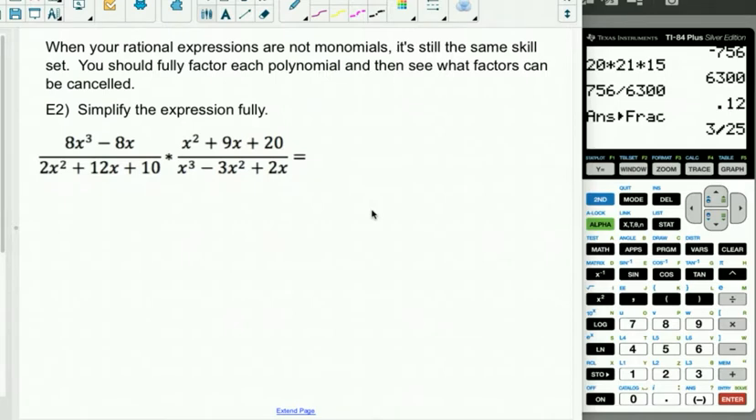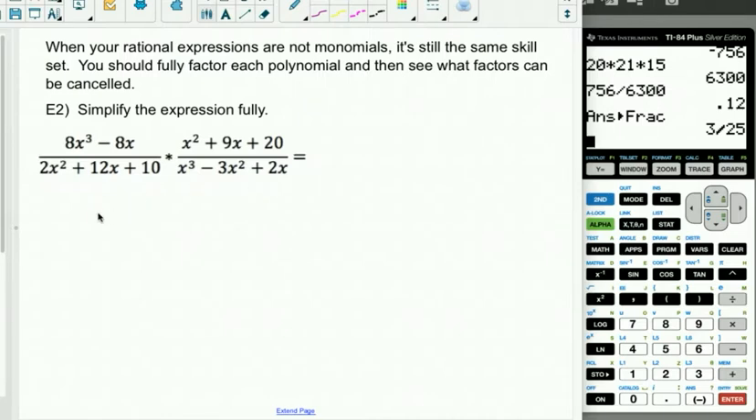All right, so in example 2, we're going to be multiplying rational expressions that are not monomials. So here's the deal. What this mathematically means is it does mean this binomial, the 8x cubed minus 8x, times this entire quadratic trinomial, x cubed plus 9x plus 20. Could you multiply them and FOIL everything out? Absolutely you could. However, if you did that, you'd get a huge x to the 5th polynomial,